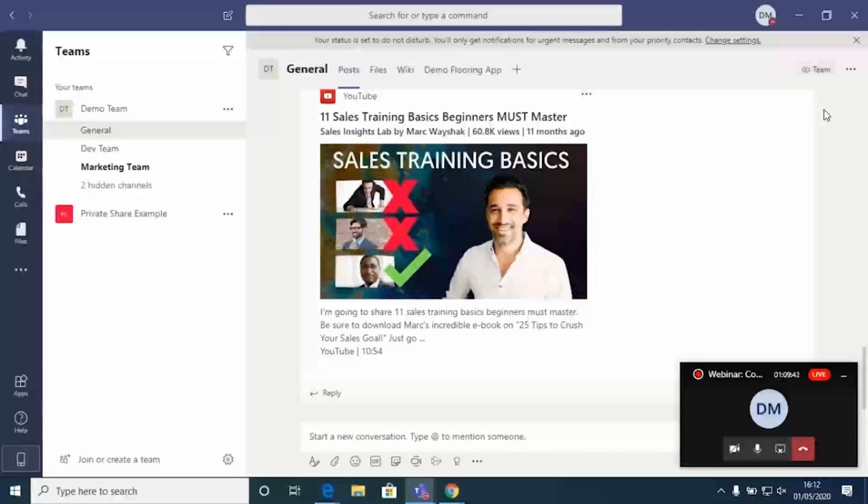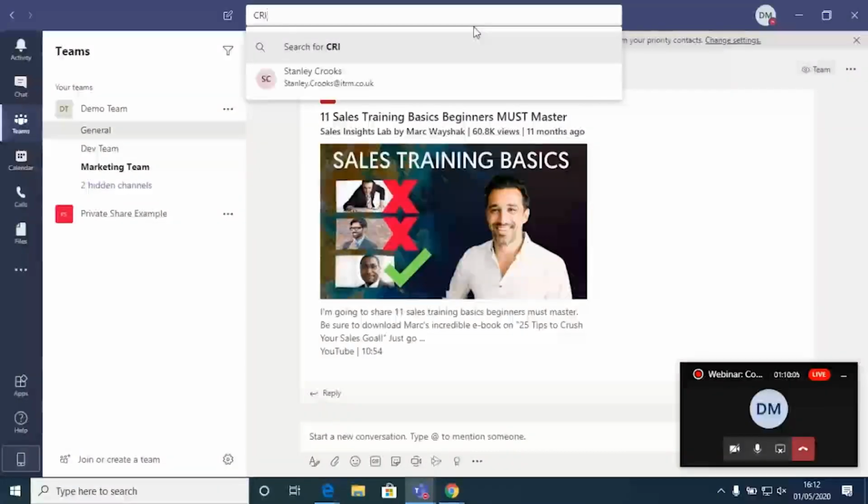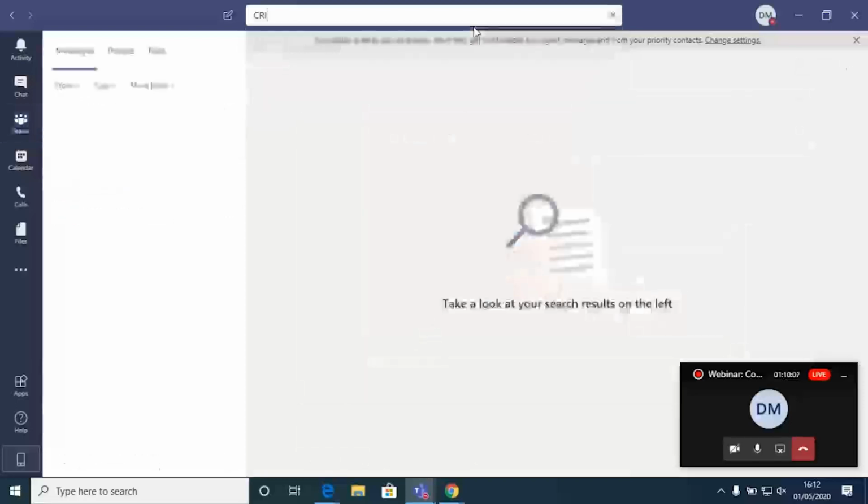Okay, how can I search for items when I don't know which channel they are in, or if in posts or wiki? Well, I'll give that one to you, Matt. Yeah, absolutely. This search bar at the top searches for everything. Within that, you can list out a document name, so I could type the word critical and it pulls up names. If I hit search, it will search for files, people, and messages.